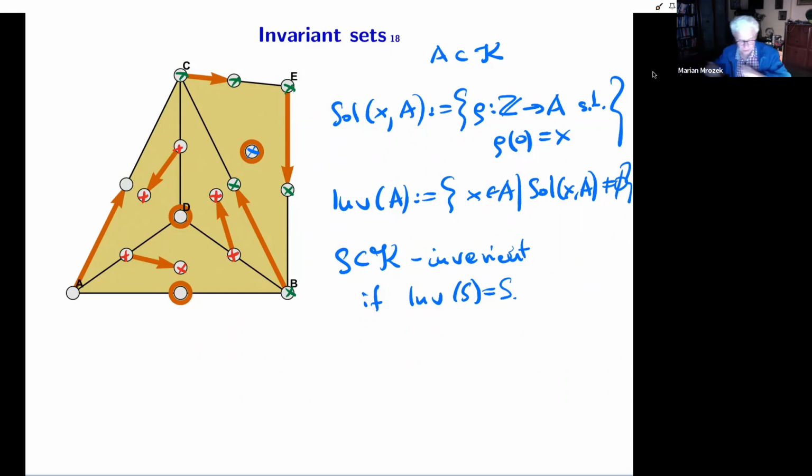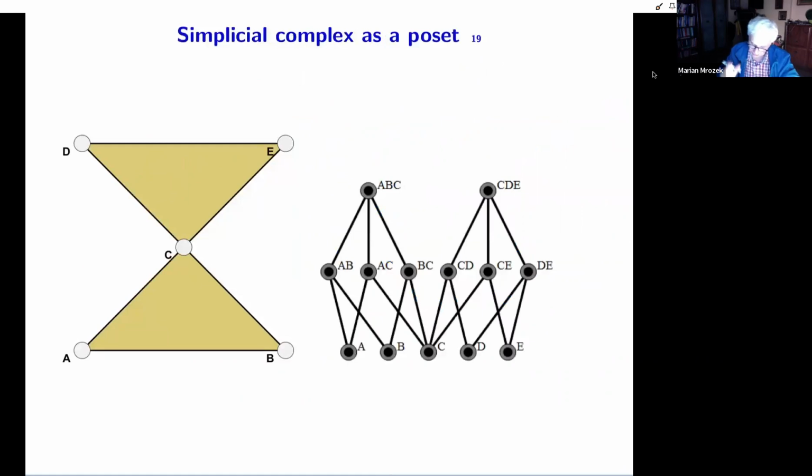But this is wrong. And it took us time to realize that also here we need the concept of isolation. But this isolation is a little bit strange at first again. And to explain why it's a little bit strange and what needs to be modified, I need an interlude about finite topological spaces. Namely, I already said that I treat a simplicial complex as a finite object, and actually you